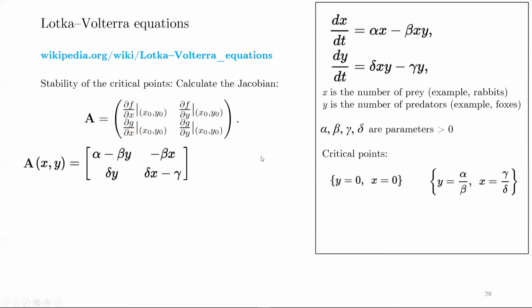Okay, so we have this Jacobian matrix A here, which again is dependent on all of our parameters. Now we want to evaluate this Jacobian at the two critical points. So let's start with 0, 0. If I substitute x equals 0 and y equals 0, I get these two solutions here. The Jacobian evaluated at 0, 0 is the matrix alpha 0, 0 negative gamma, which of course is